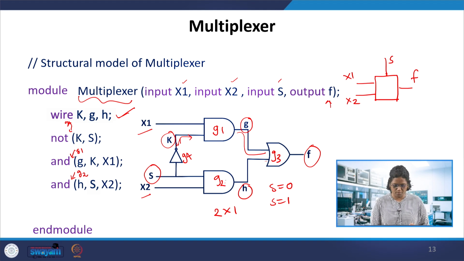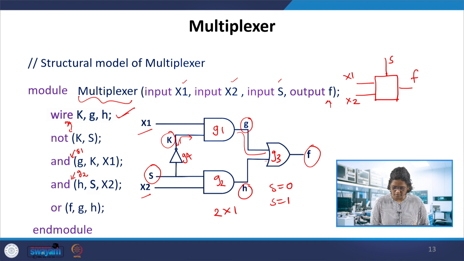So initially, to start with, it is better to have the gate name specified in the design, or you can name them 1, 2, 3 gates, and then practice writing these Verilog codes. Now the NOT gate is instantiated, G1 is instantiated, and then G2 is instantiated.